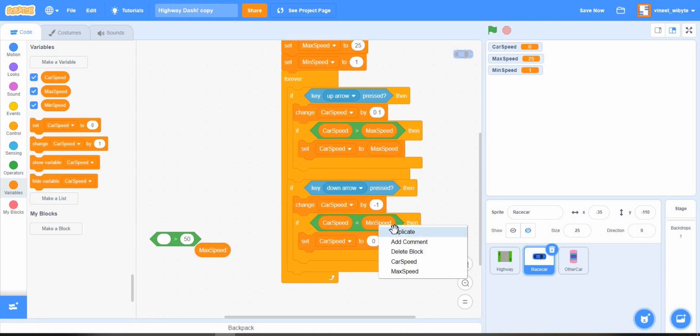So this will ensure that my car will have minimum speed min speed and maximum speed max speed. At this point, some of you might wonder, why did I not put car speed equals min speed or car speed equals max speed? The reason is very simple: depending on how your speed is increasing or decreasing, you may never exactly hit this number. For example, say the max speed is 25 and you are at 23 right now.